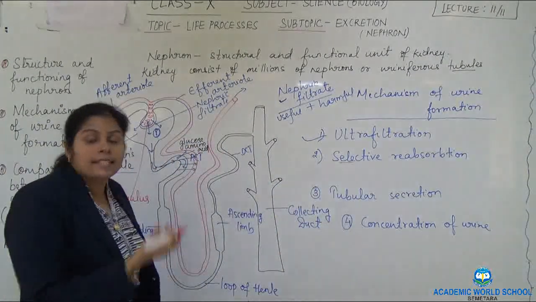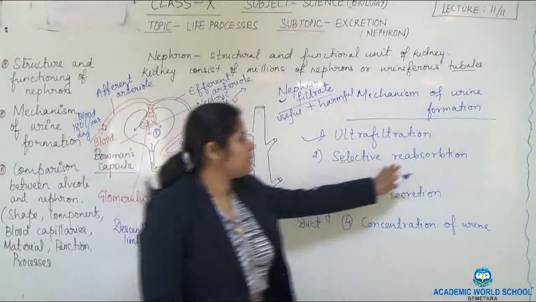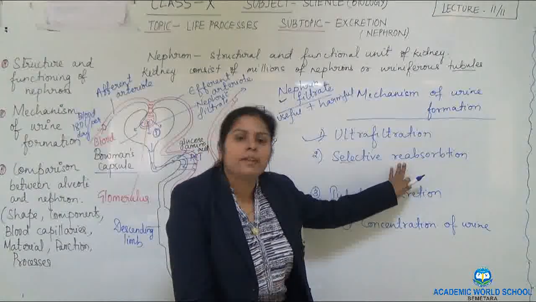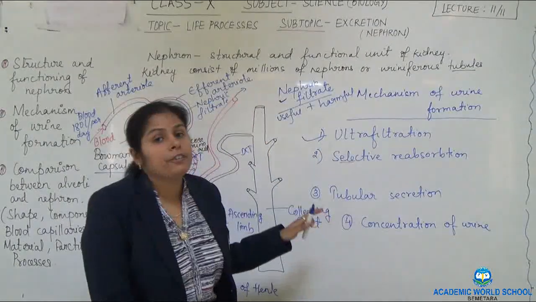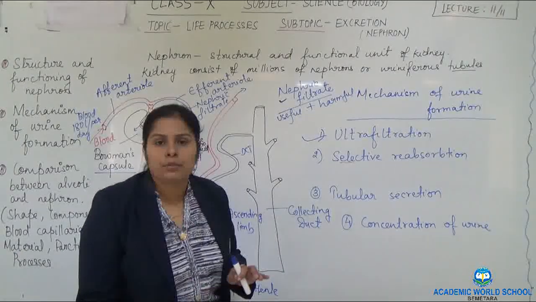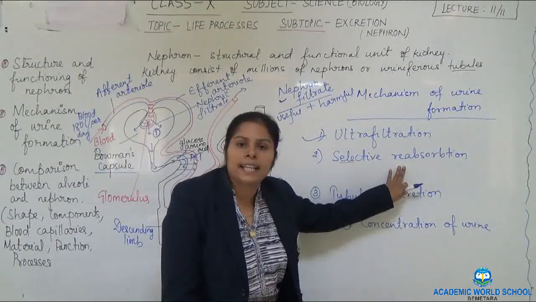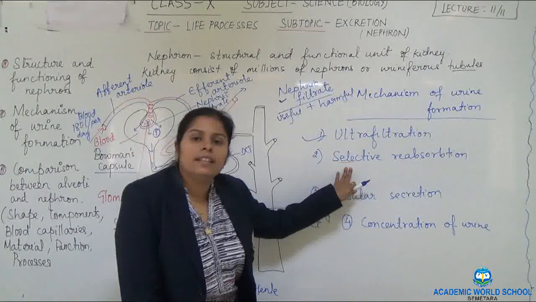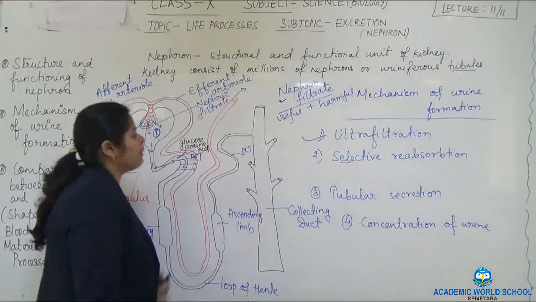Why selective? Because it is selecting the useful materials only and it is reabsorbing. Why the word reabsorption here? Why is it not absorption? Re means it might be happening for the second time. So where did it happen for the first time? Absorption happened the first time in the process of digestion in the intestine, where the useful material is absorbed. That's why we use the term reabsorption here, because it is happening for the second time. Why selective? Because from the blood it is selecting only the useful material which is required for the body, and the body cannot afford to lose it every time.